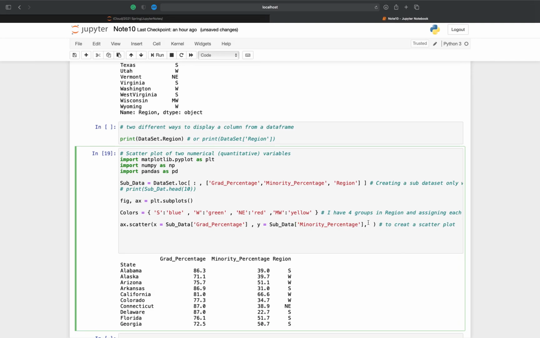And also one more thing, in statistics it's important, if you know which of these two is a response variable, that goes on the y-axis. If you know which one is the explanatory variable, that goes on the x-axis. Remember this, okay? And then C, which is for color, this is another argument, is going to be,